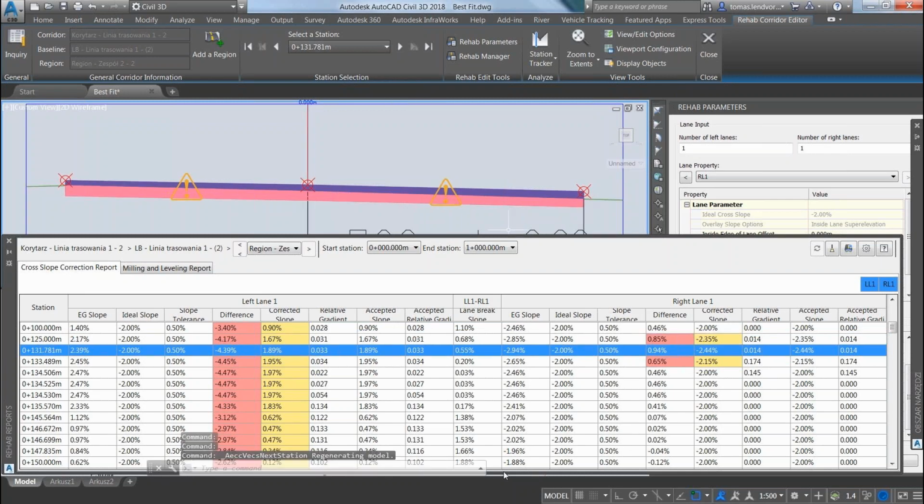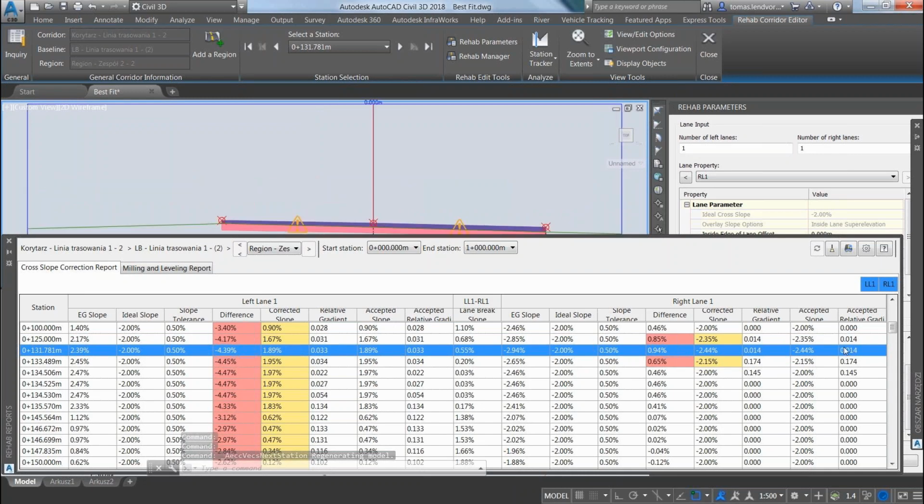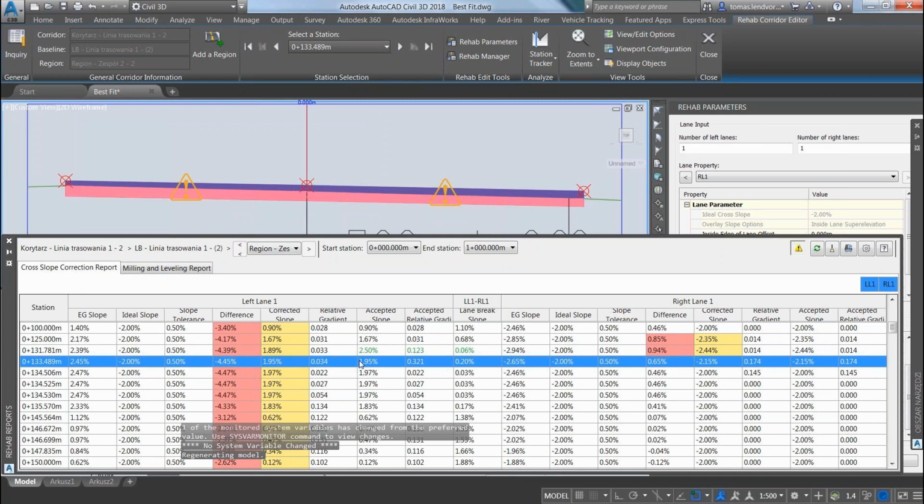And again, everything is connected: cross section view, longitudinal profile, layout, and even this report. So basically, I can move and I can even change the value. So I see the difference, what is the corrected slope, what is the optimum slope. And then I can go here and say, okay, accepted slope, this is something which I want to define. So I have the possibility to define a value here, and the system will do it for me and immediately